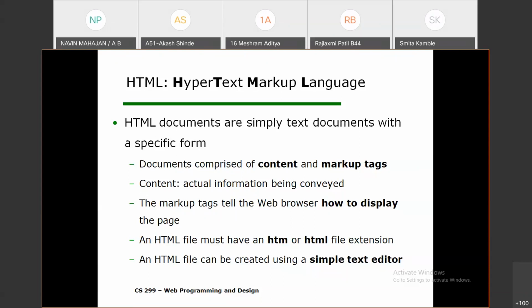Content means the actual information which will be displayed to the users. The second one is the markup tag. The markup tag tells our web browser how to display web pages to the users. Suppose we are going to display our text in red color in italic format, or in bold format. At that time we need to use some tag, and this tag tells our web browser how to display this